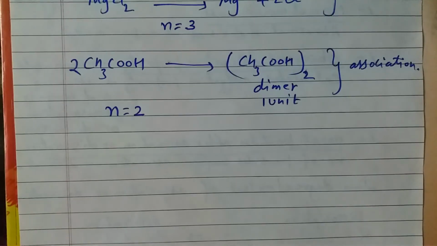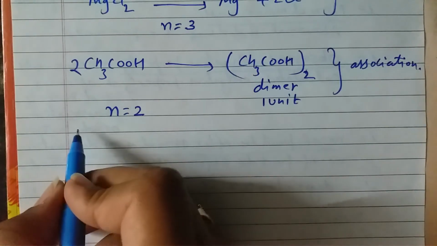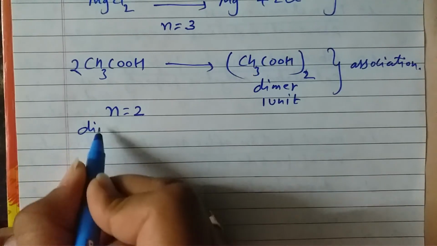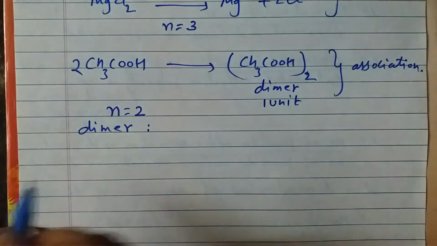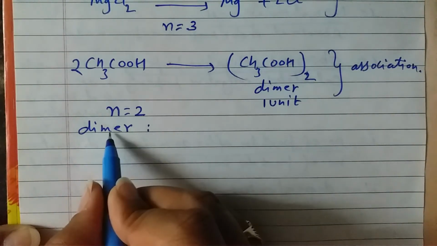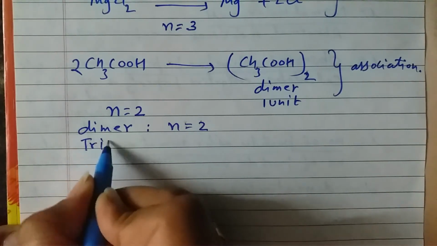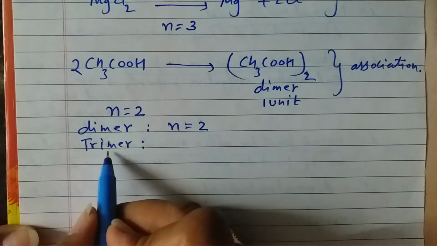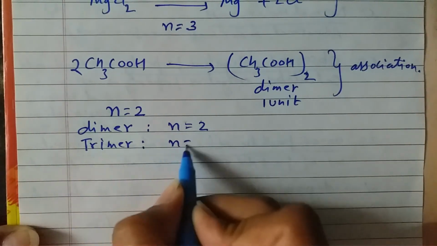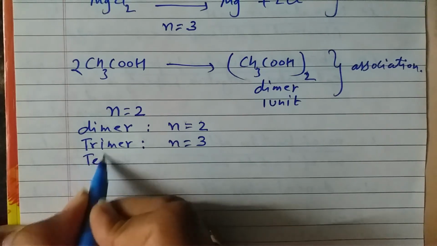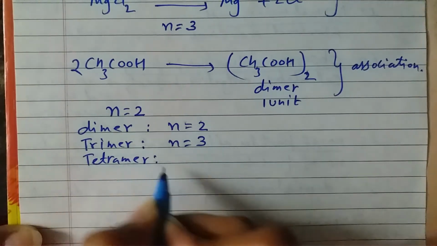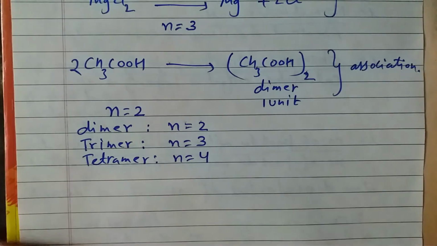I'll give you one more hint. Whenever in a question for association you see that a dimer is being formed, di means 2 units. So dimer means 2 units joined together, so here the value of n equals 2. Suppose it was mentioned that a trimer was formed. That means 3 units joined together, so you will take n equals 3. And it can even be that a tetramer was formed. Tetra means 4, so 4 units were joining together, so you will take n equals 4. So this is how in case of association, you can identify the n value to calculate alpha, the degree of